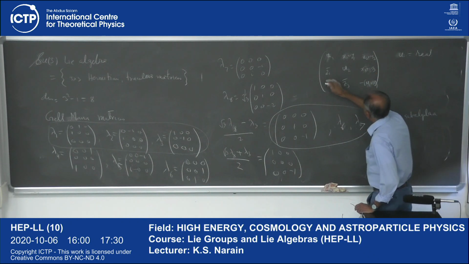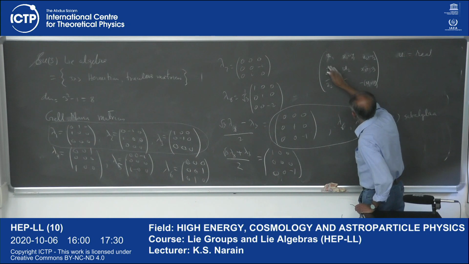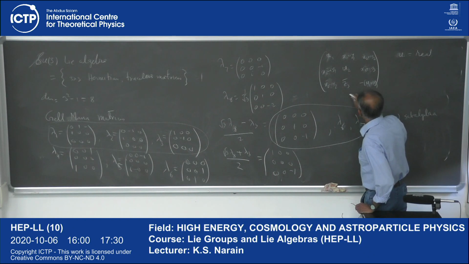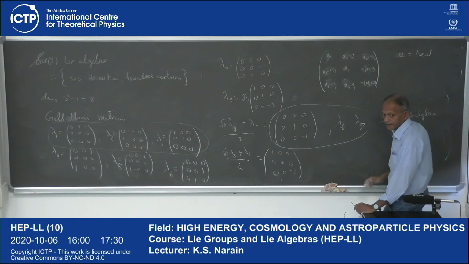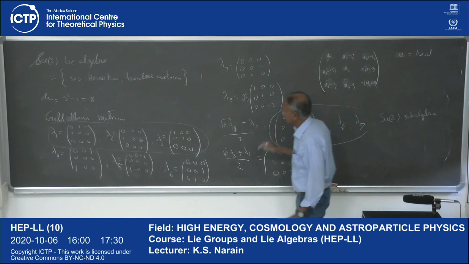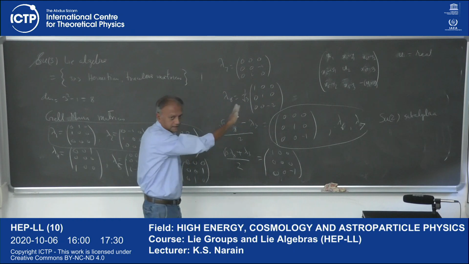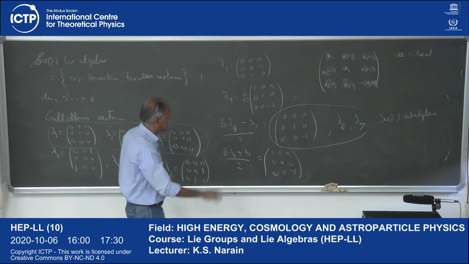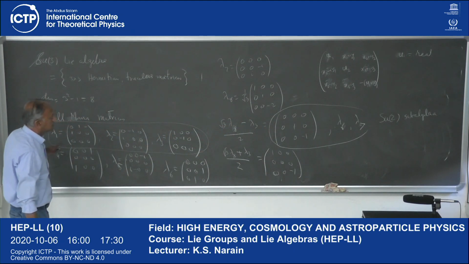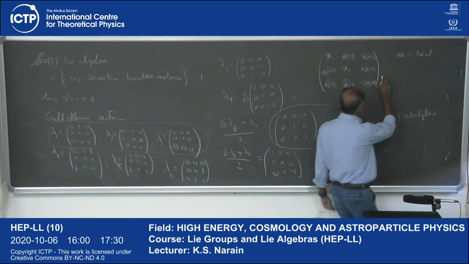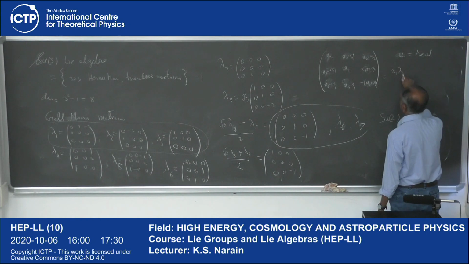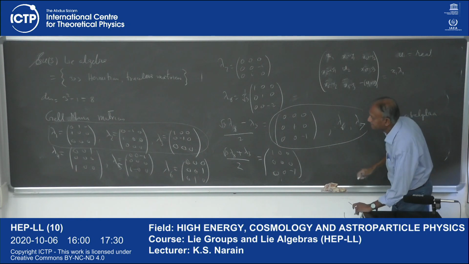Now they are real, and here the complex conjugate of that, so it's x1 minus i y1, x2 minus i y2, and x3 minus i y3. Now you can see, this is the most general matrix which is Hermitian and traceless. So this x1 I can write as x1 times lambda 1, plus